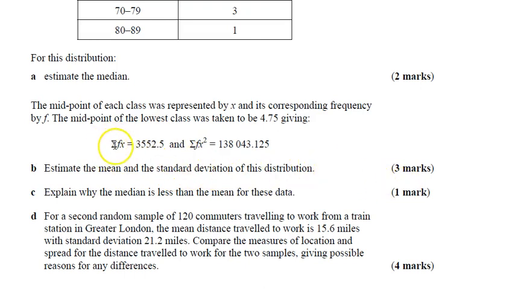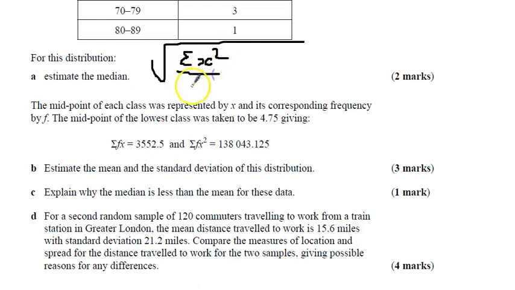Now, because they've given you these values here, it's actually really straightforward. All we're going to do is use the formula. Now, in the formula book, they don't give you the version that you want to use here. They give you the square root of sigma x squared over n minus,